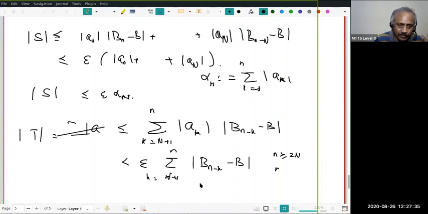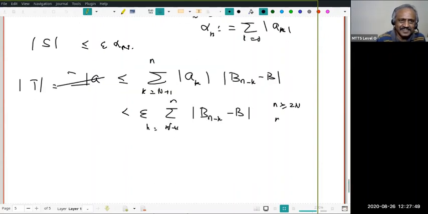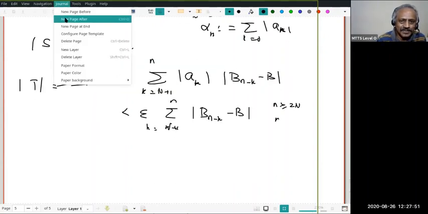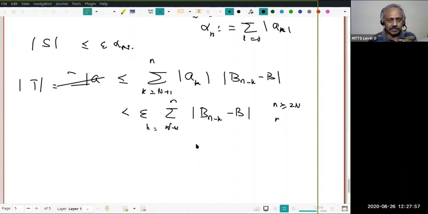So my original idea of saying for k large, if k is sufficiently large, mod A k is less than epsilon, is not going to help me. Do you understand this? So what do I do? See, in any divide and conquer trick, there is always what I call a crude estimate trick. Here, I have to get a crude estimate. What crude estimate? See, let us look at mod B n minus B, right? What do I know? I know B k converges to B.